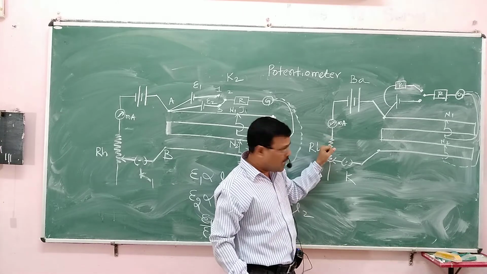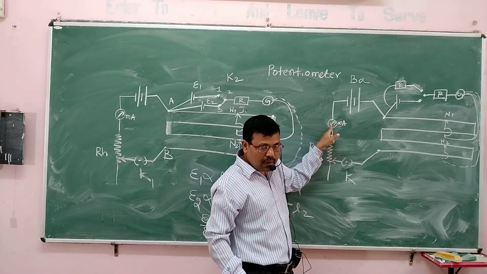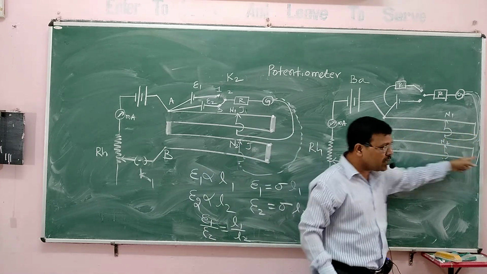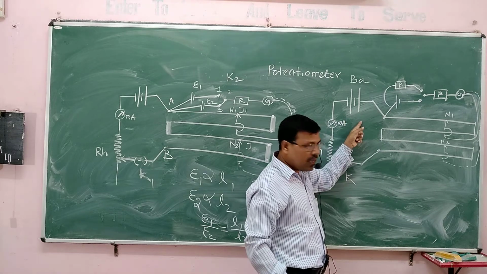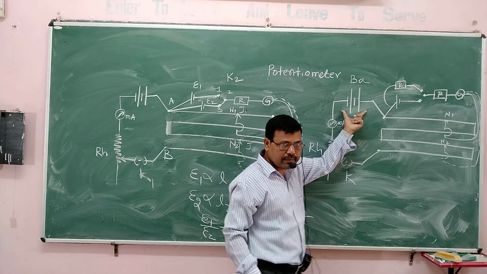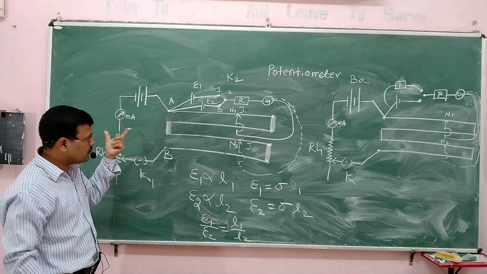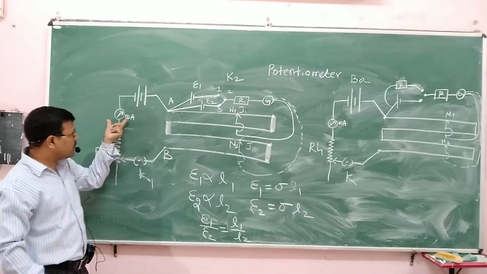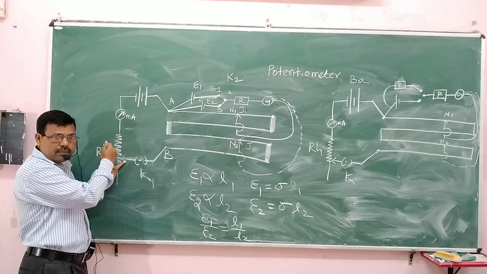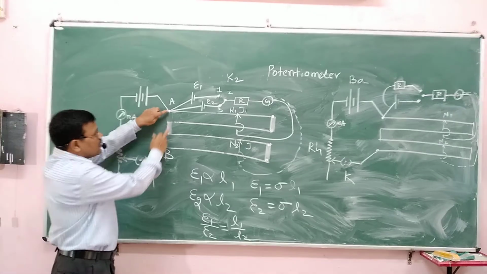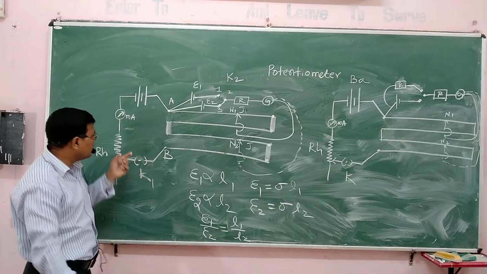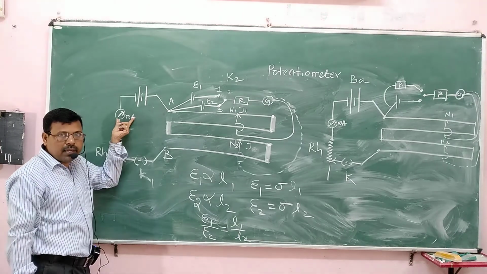Adjusting this rheostat and looking at the flow of current through the milliammeter, it shows a constant flow of current through the wire. And that flow of current through the wire is from this auxiliary battery. Here also it is the same. Auxiliary battery, milliammeter, rheostat. We adjust the rheostat in such a way that there is a constant flow of current through this wire. And that current we can see here through the milliammeter.